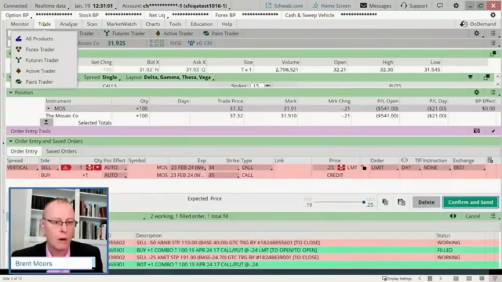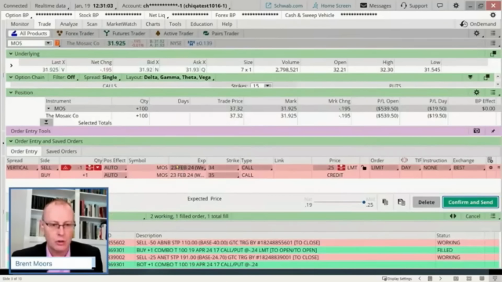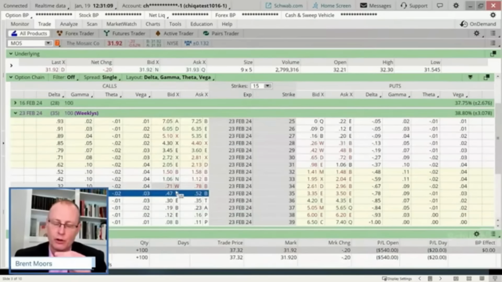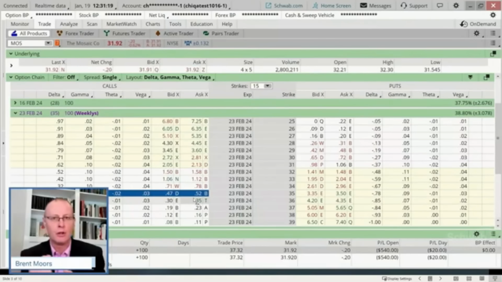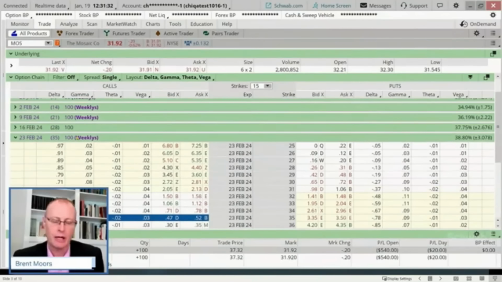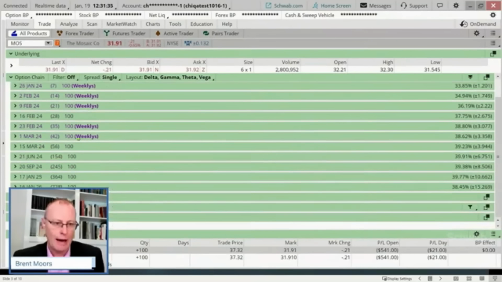Okay. Now, there's a question. The question was, why did I choose the 23rd? Well, here's the answer on that. The short call vertical trades take advantage of time decay. They're theta positive trades. Every day that passes, there's a little bit of time decay that helps us on that. But the rate of time decay is greater as you get closer to expiration. So that's why I didn't want to choose out a long ways away.